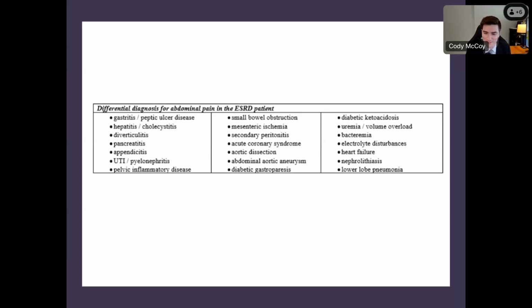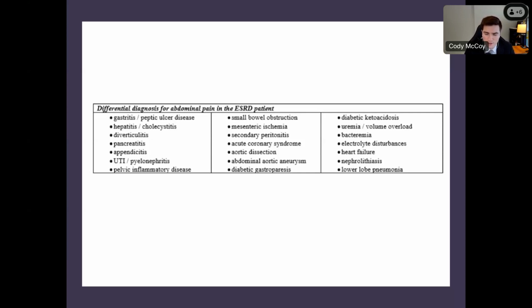It is a very long list of differentials. We always have to think about acute coronary syndrome. Anytime we hear abdominal pain, there are all sorts of presentations to the ED that people miss because they're just thinking about that classical chest pain. But also, one very important thing to think about in end-stage kidney disease would be thrombotic complications. Depending on how somebody ended up with end-stage kidney disease, be it nephrotic syndrome, those patients are going to be at an increased risk of being in a prothrombotic state. They lose albumin through the kidney, but they also lose antithrombin 3. So think about things like mesenteric ischemia,